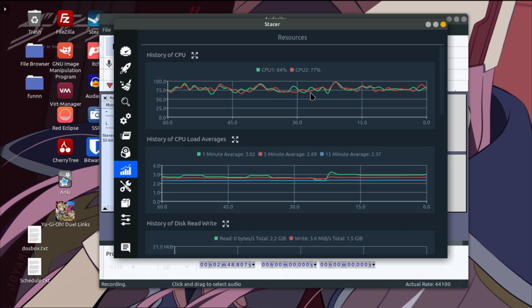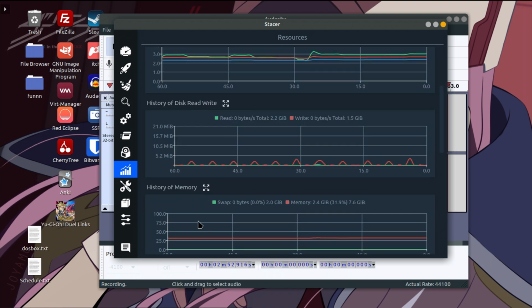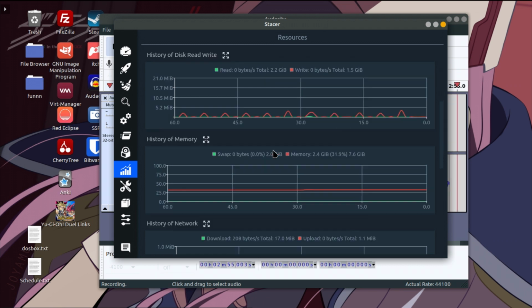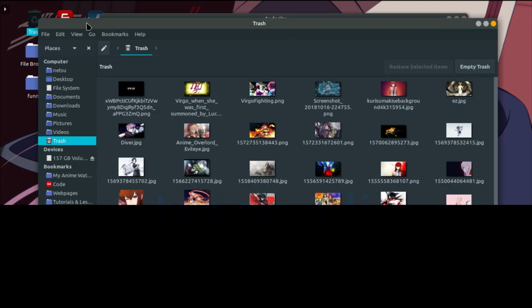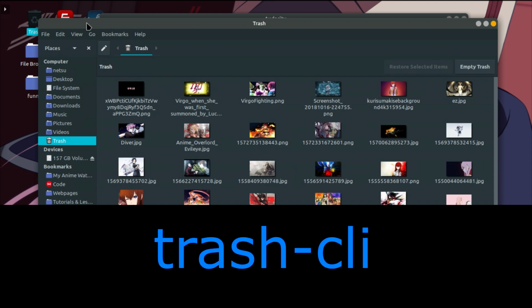Here you can see my CPU usage and my memory usage over time and whatnot. Really useful as well. Ooh, that's a nice effect. Alright, so now there's an application called